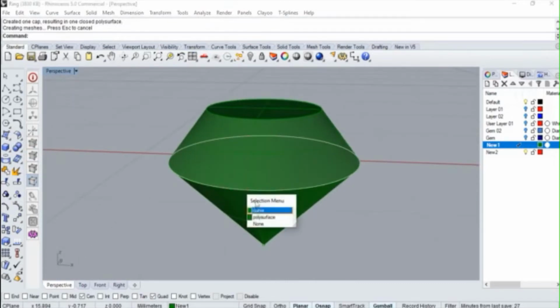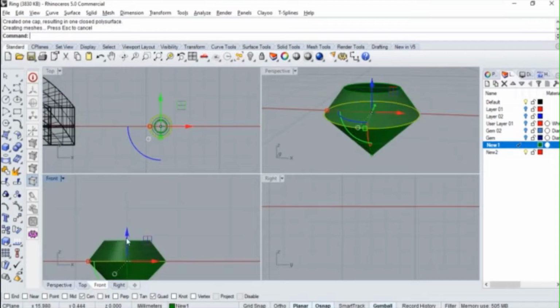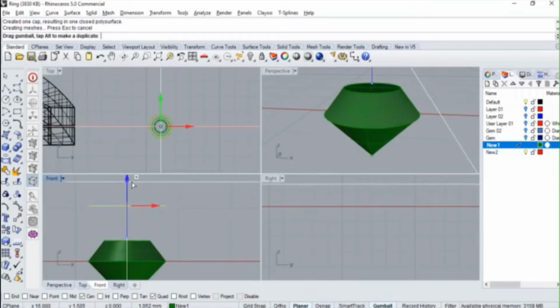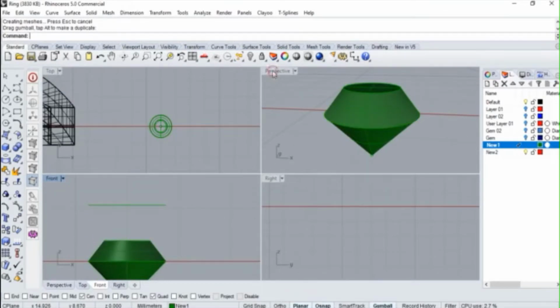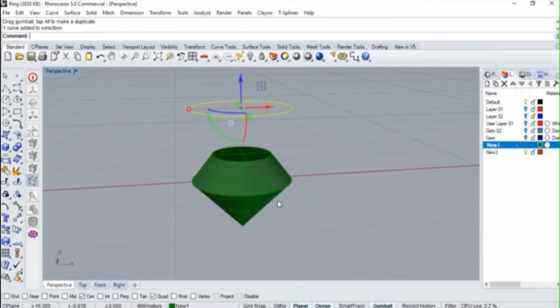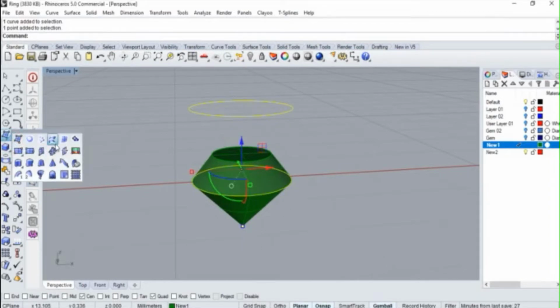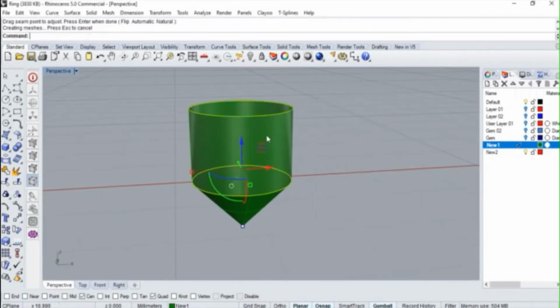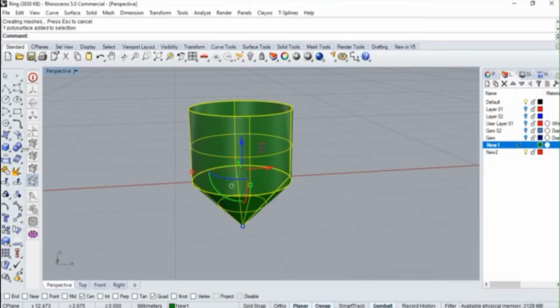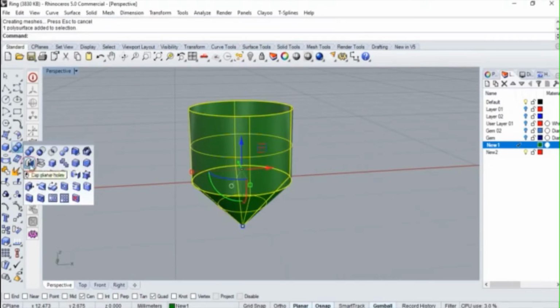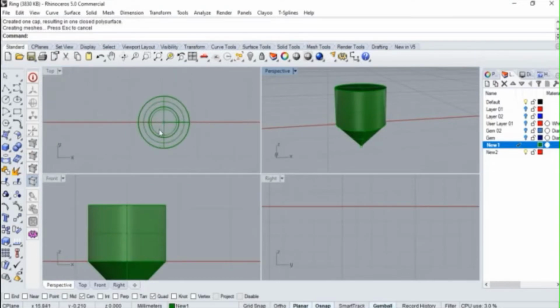the first thing that I have to do is pick the girdle curve and copy it to somewhere here, and I have to give the loft command again using these two circles and the point. So this would act as the base. I will make it cap planar. After that I will